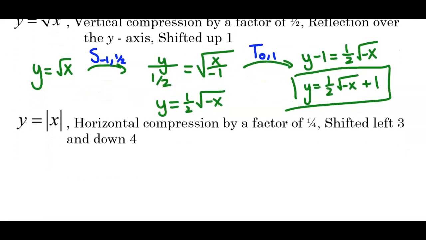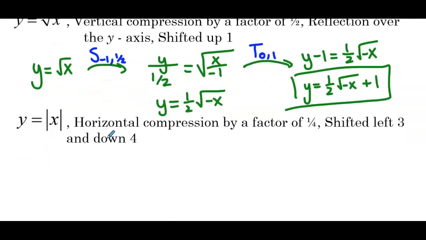Next, we have y equals the absolute value of x, and our transformations are a horizontal compression by a factor of 1/4, shifted left 3 and down 4. Okay, so we're going to start with the absolute value function. So first, we have a horizontal compression by a factor of 1/4, so that's a scaling. And horizontal compression, so we're multiplying the x values by 1/4,